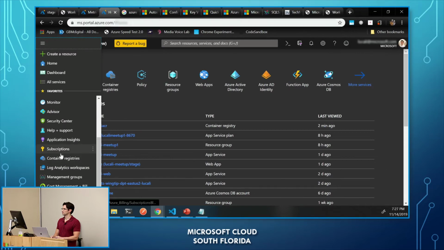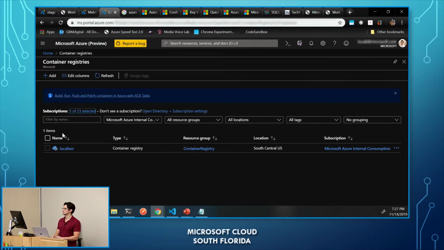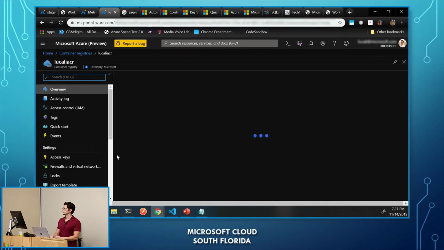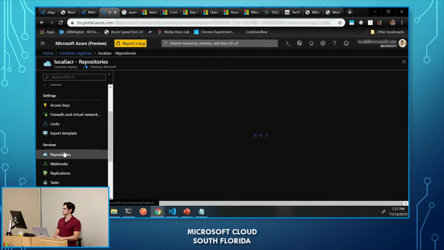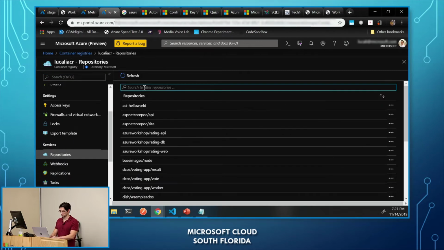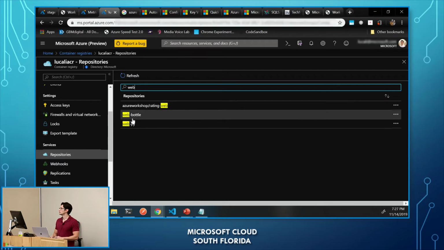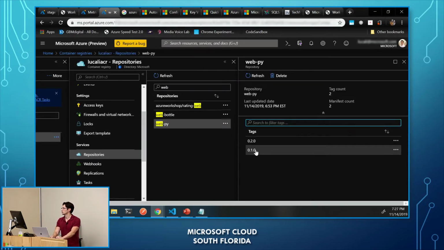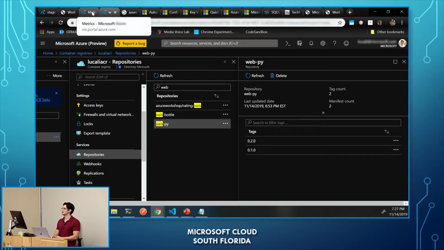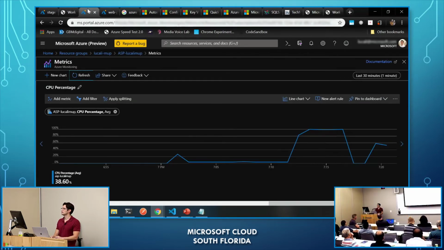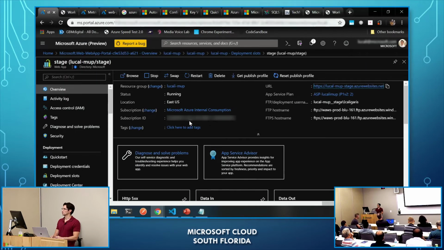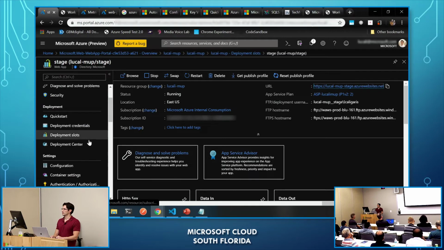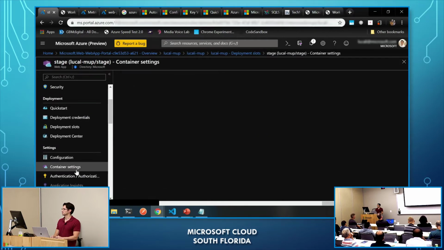Let's look for it again. So repo. So there it is. Now I have my two tags. And it goes to staging, right? Exactly. So now I'm still in staging, and if I go to the container settings,